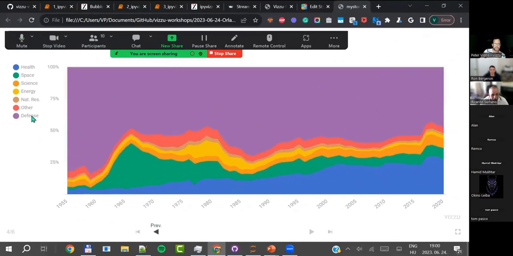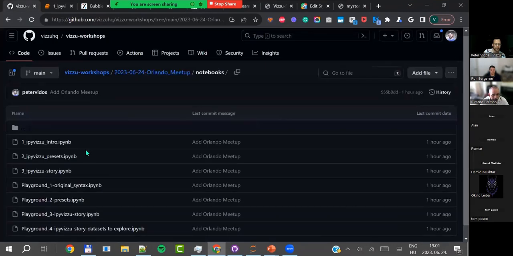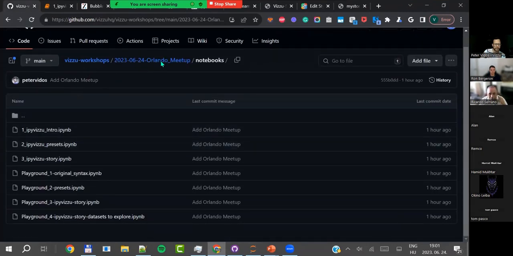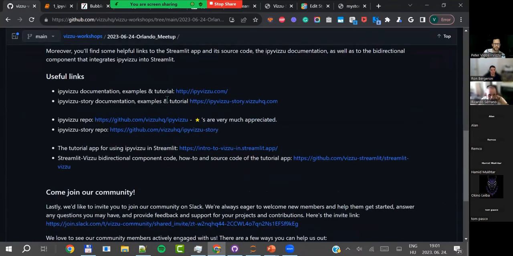So that's IPyVizzu story. It has a separate documentation site. You get there if you go to IPyVizzu story at vizzuhq.com. Obviously the link is there in the repo folder that I just shared with you. So here's the repo, and here's the documentation and the examples.